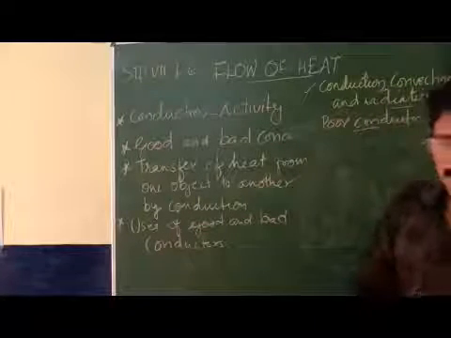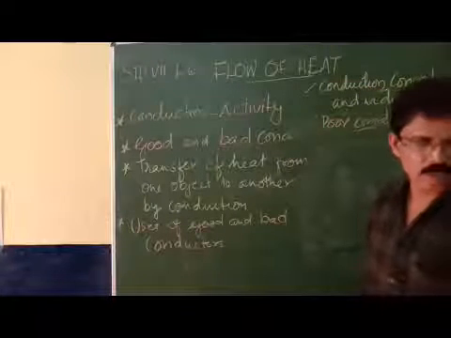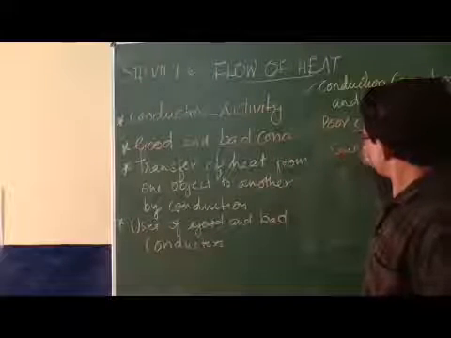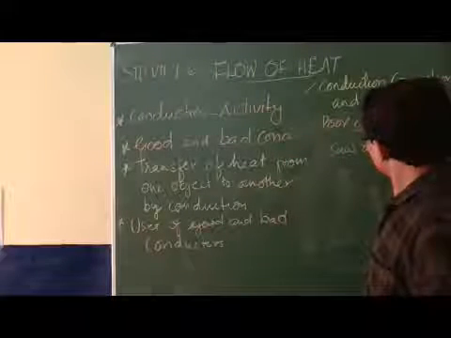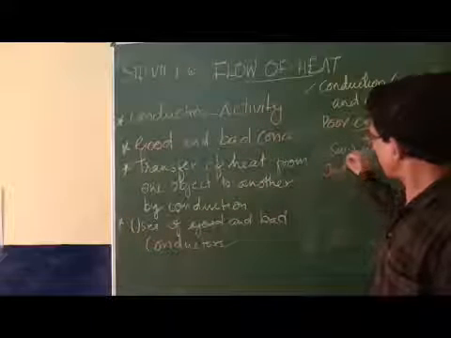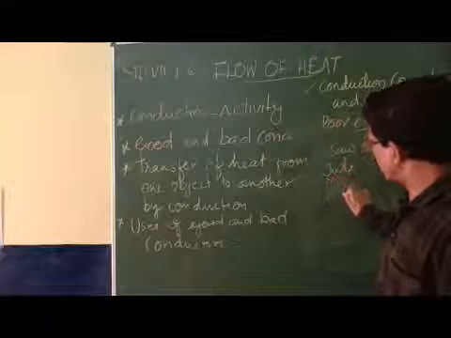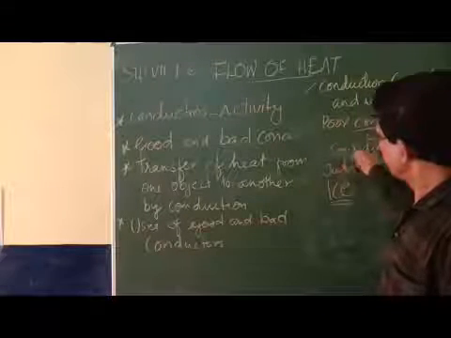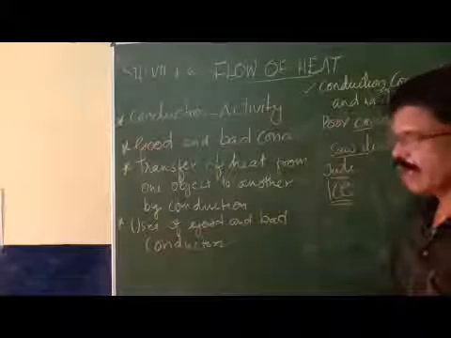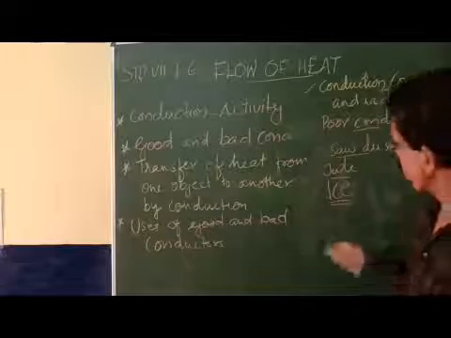Okay, so in our life we use very many examples. For example, sawdust and jute are poor conductors of heat. This is used for keeping the ice. So there are many uses of bad conductors of heat.